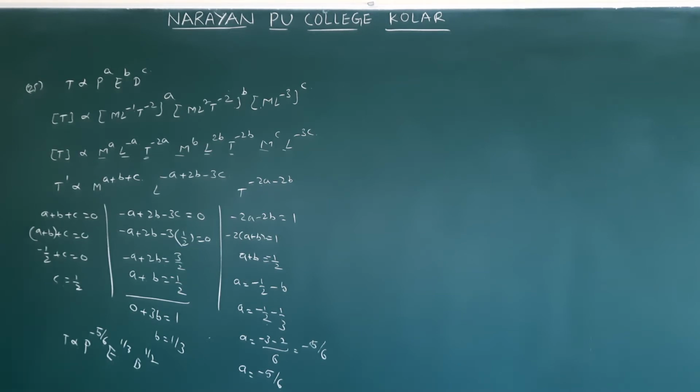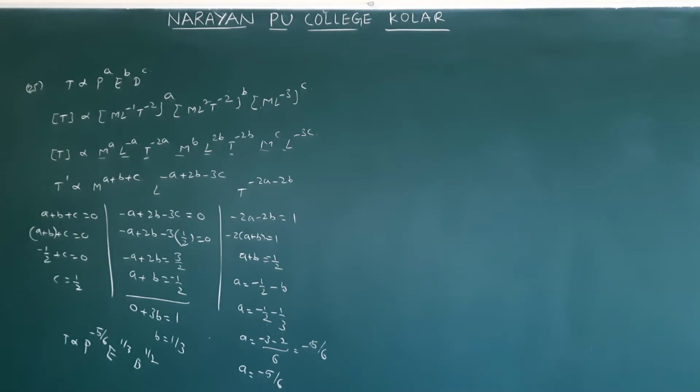Option 2 is correct. Minus 5 by 6, you will have only one option, that is option 2. Next, 26 you can solve like this, with the same model. The 27th one is a second year relation, you can't get it now. So in second PU only we can solve it.